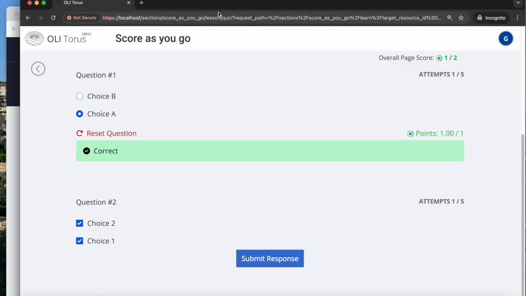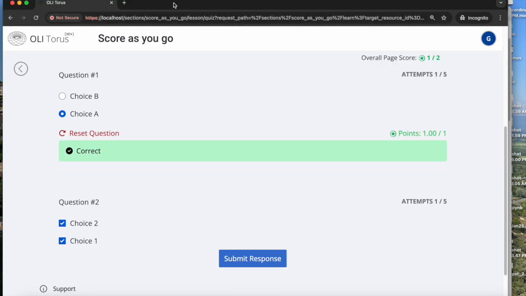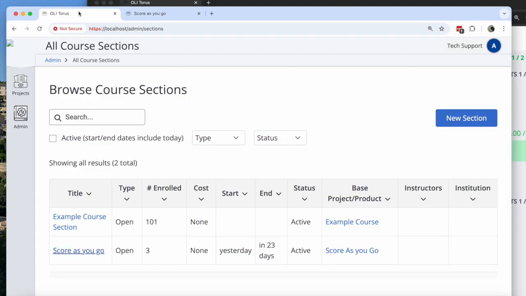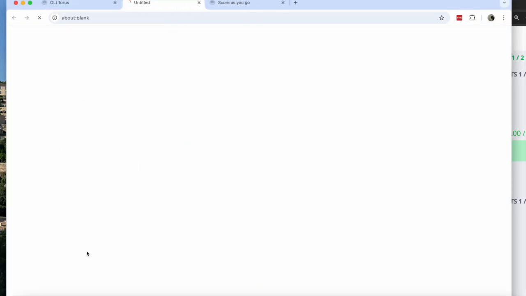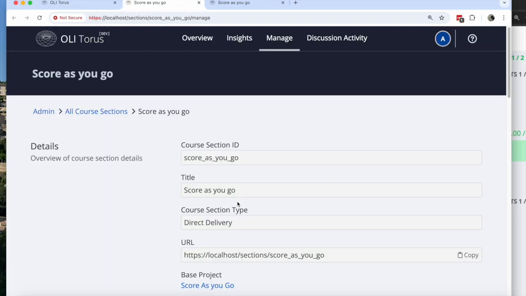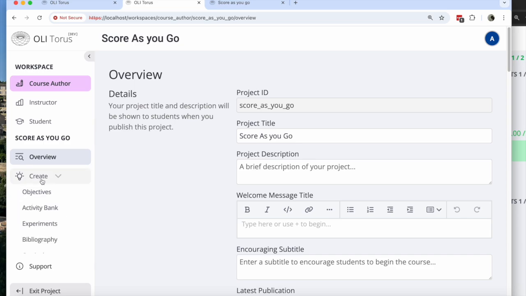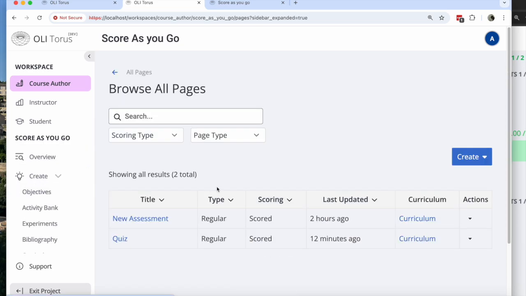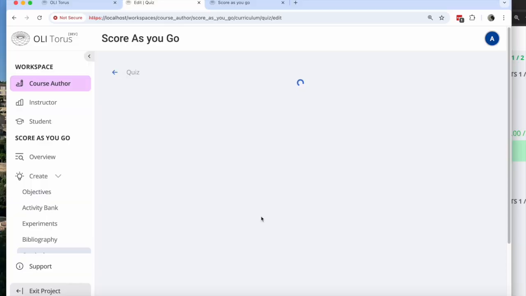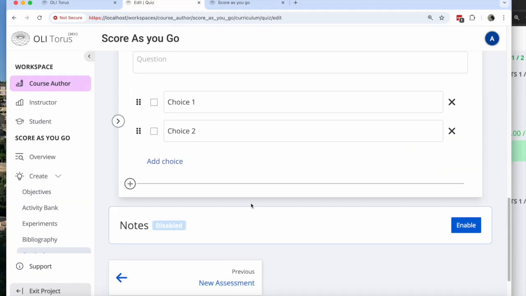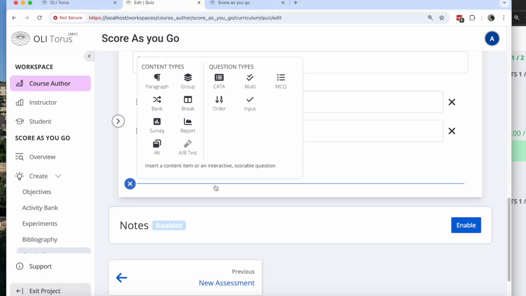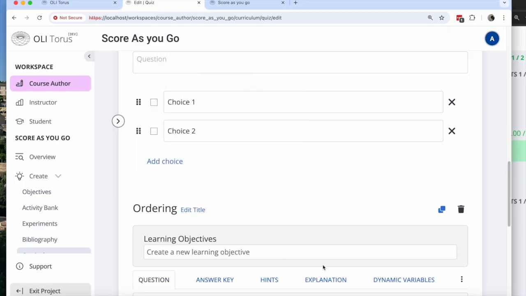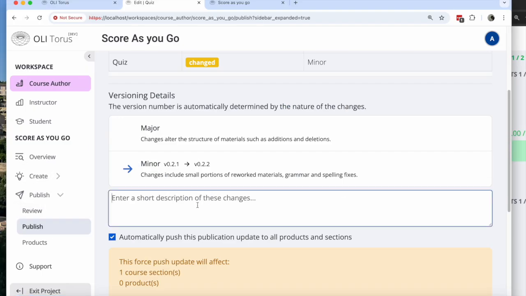but I won't submit the answer here. And so now if I go back as an author to this course, that's not the course. If I go to the project here and I go to that page, I'll just make a change to the page. And in fact, what I'll do is I'll add a third question. We'll add an ordering question. And if I publish that change